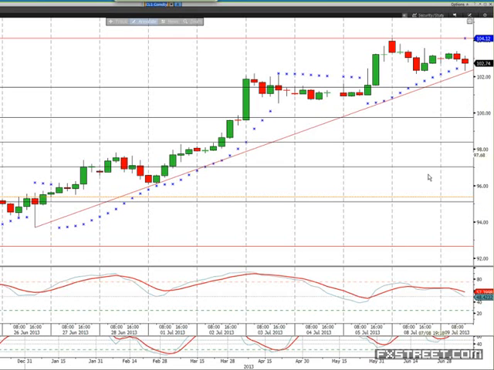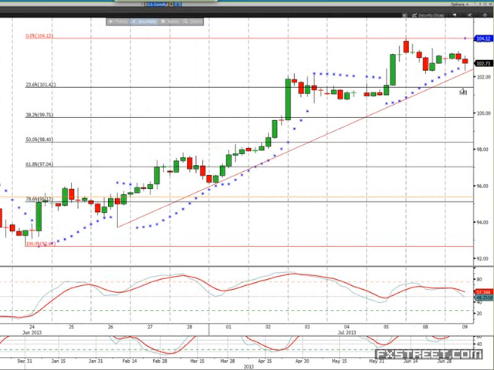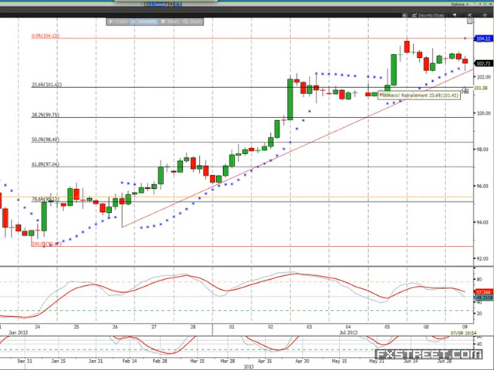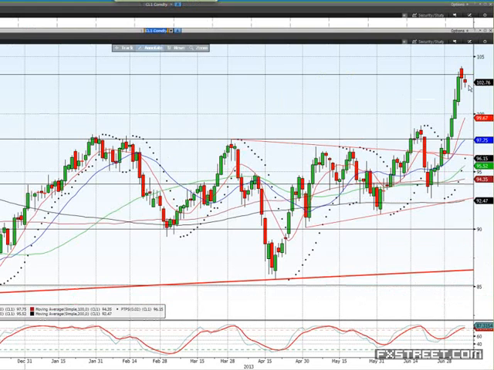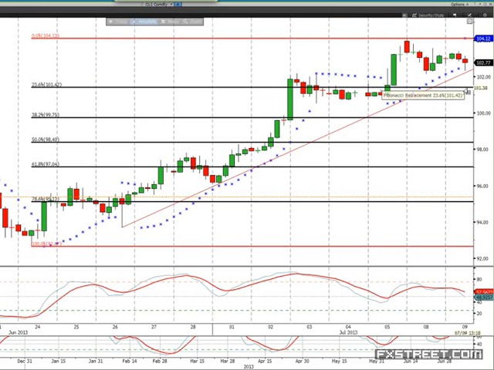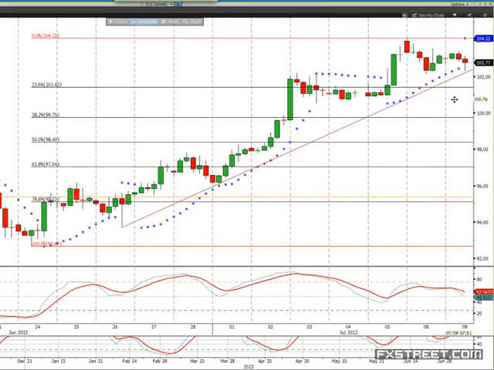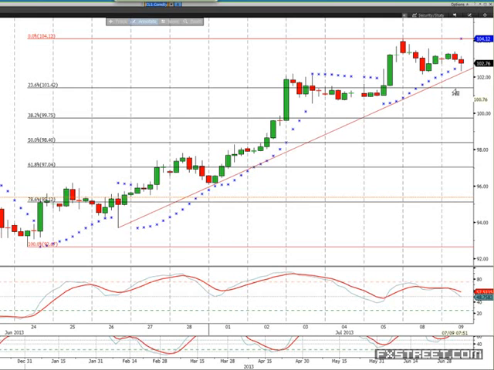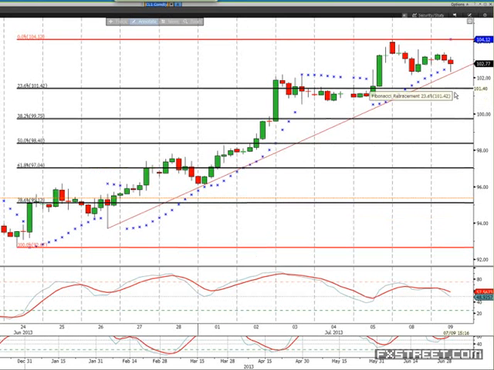We've managed to bounce off there, but I'm guessing at some stage we're going to break through that and at least get to the 101.50, 101.40 area, which would be this black line here. So we'll see what happens there. I would imagine we'll bounce off that 101.50, 101.40 area at first, and we'll see what happens from there. That's as far as I'd like to project at this stage, but we'll probably see that before the end of the week.